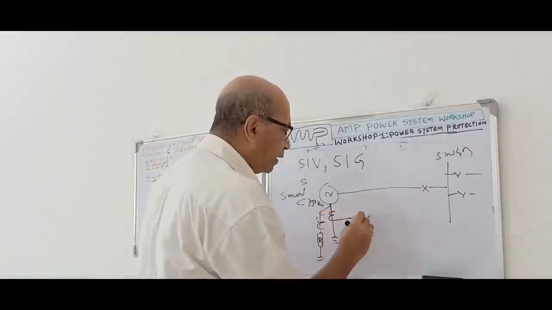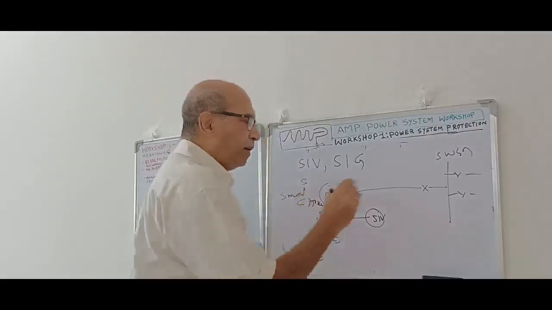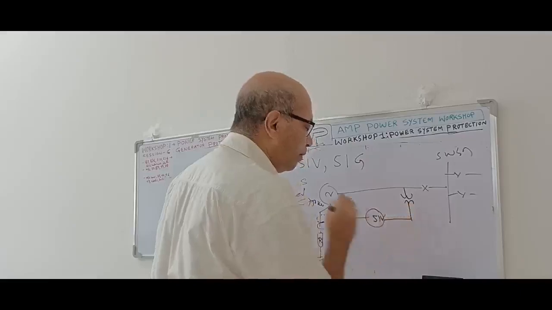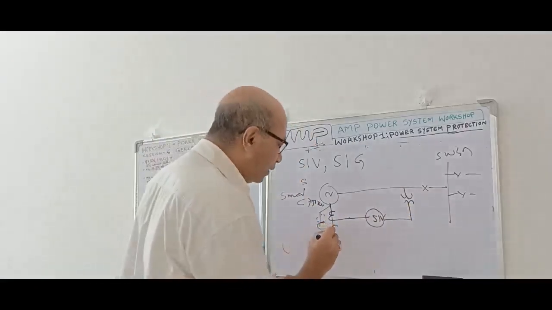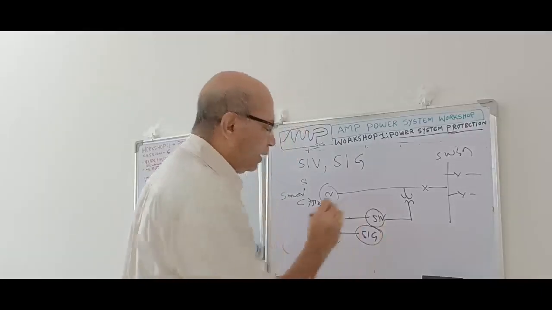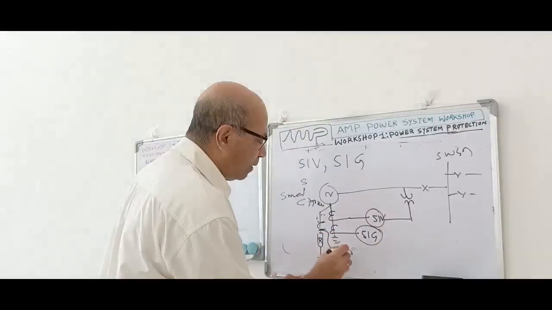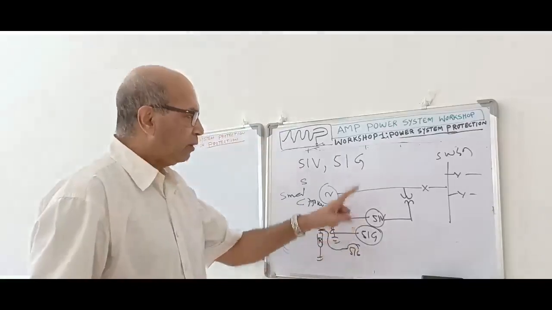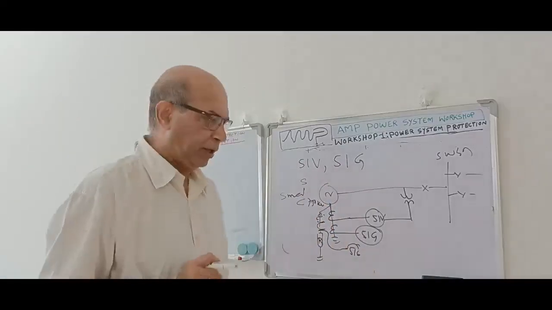Then it will connect a 51V relay. And for the 51V relay, what do you need? You need a PT supply also. So the PT will be coming from here, right? This is the 51V relay, and then we will put another CT for 51G. If it is directly connected, this will be 51G. If it is resistance connected, then it will be connected over here, 51G. And both CTs will be here. So these are the two protections we generally provide for a small size non-important machine.